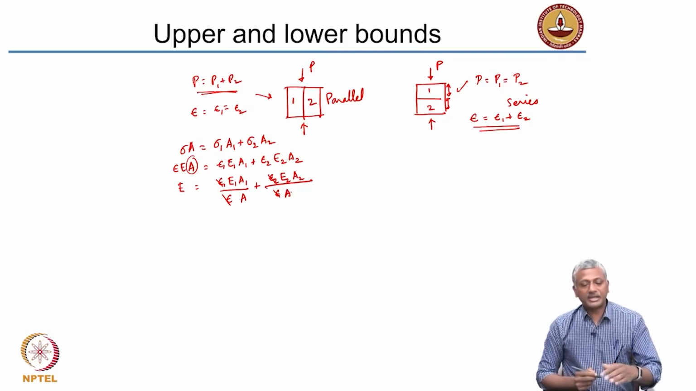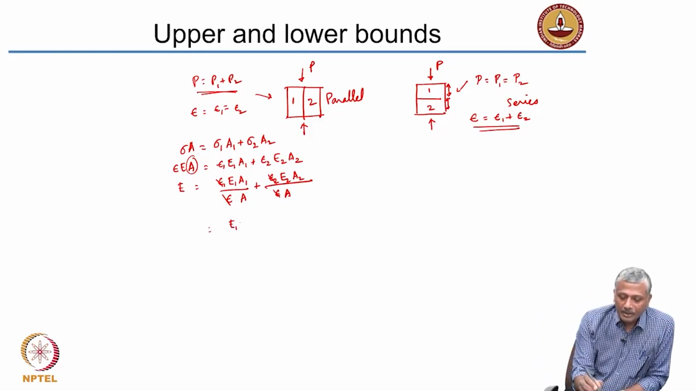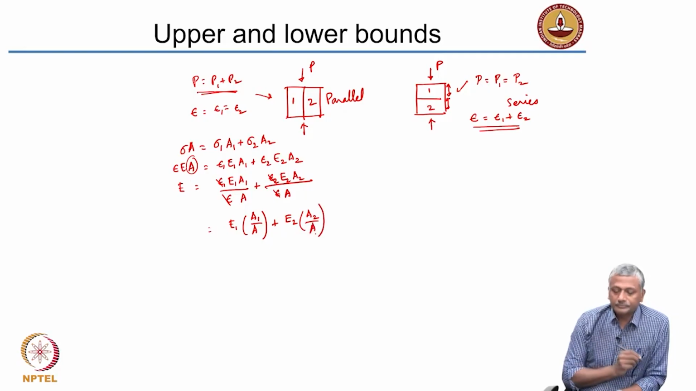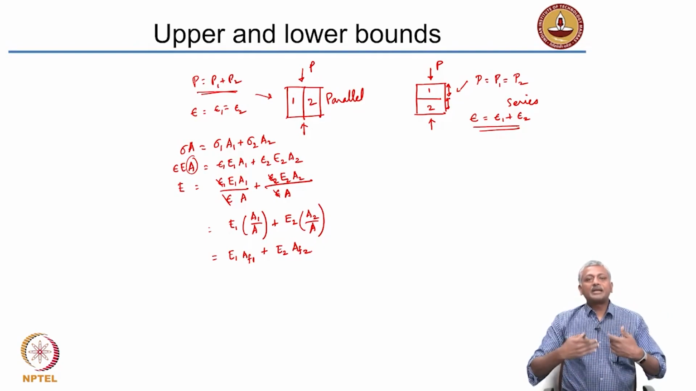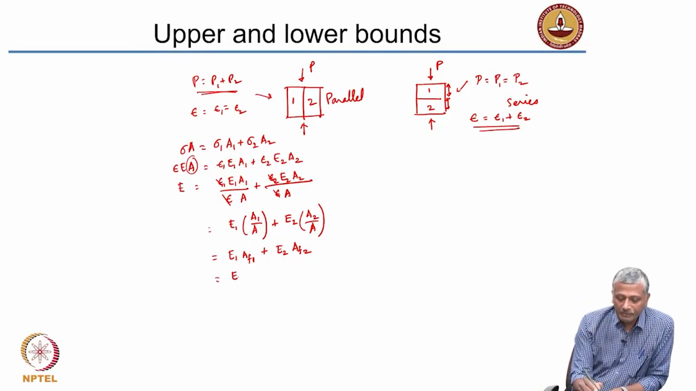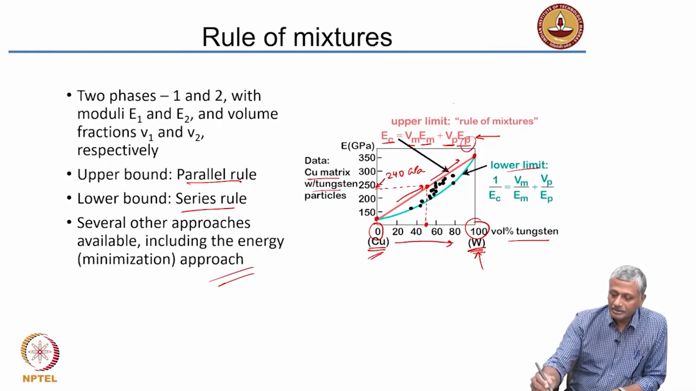Right, because I keep the modulus on the left side. So the modulus of the composite is now equal to E1 into A1 by A plus E2 into A2 by A. That is nothing but E1 into the area fraction of 1 plus E2 into the area fraction of 2. Now considering this in 3 dimensions, we can equate that to the volume fractions: E1 volume fraction of 1 plus E2 volume fraction of 2, and that is exactly what was there in the upper